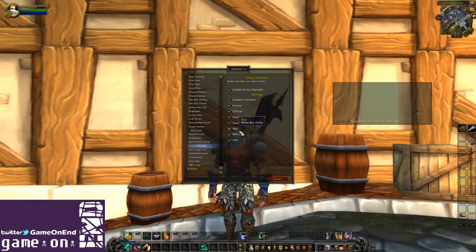You can do sticky channels. You can add in the /TT to automatically whisper whoever you're targeting. We saw this in a previous add-on, but this is a nice thing if you use a lot of macros, especially as a healer or something. Say you have a priest with a life grip or something,